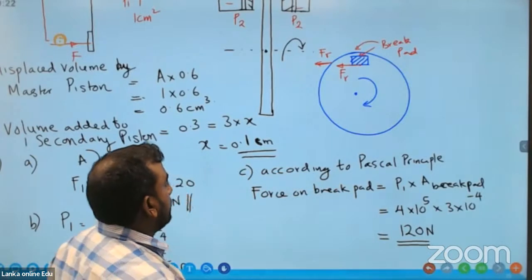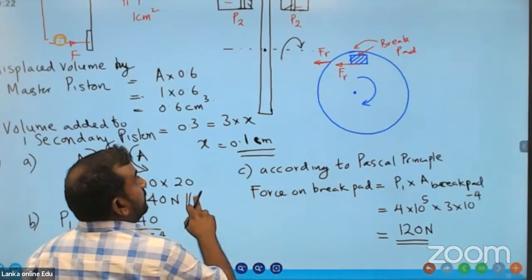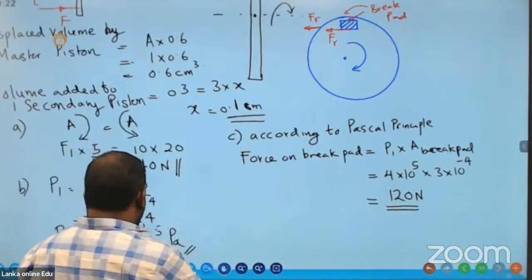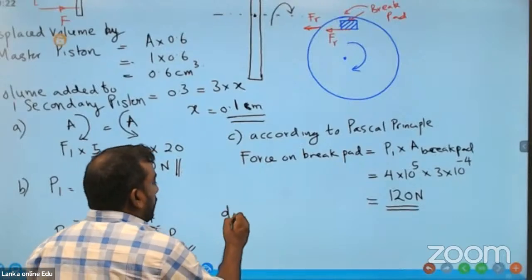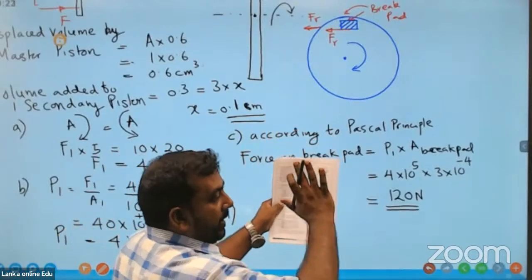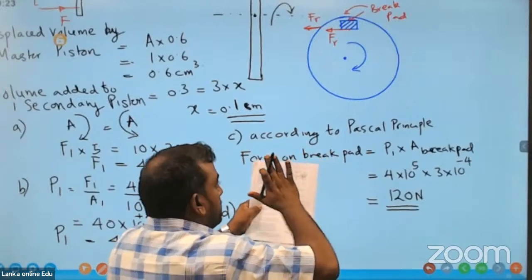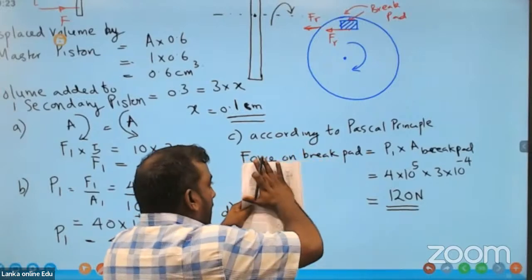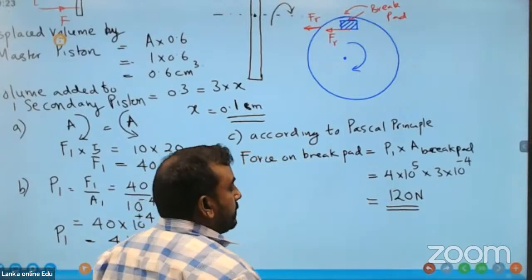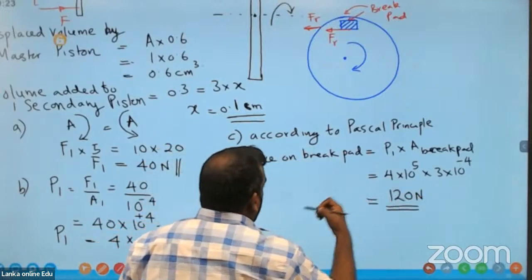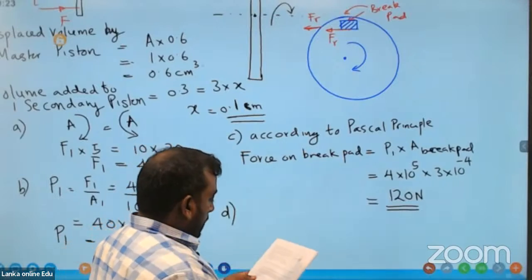Part D. I have shown you here now. If this is the brake pad, you are pushing on this, and that is your normal reaction. I am pushing with 120. The brake pad is pushing my hand with 120. So here 120 is the normal reaction. They are asking you,